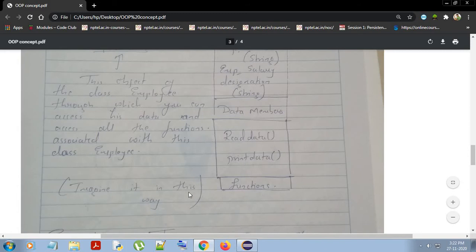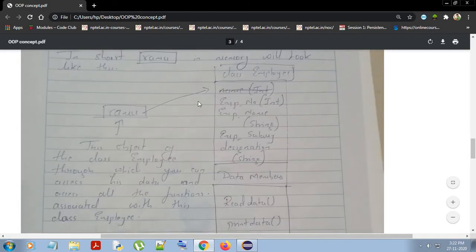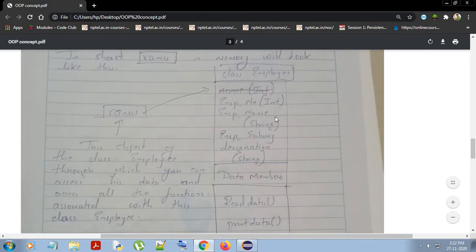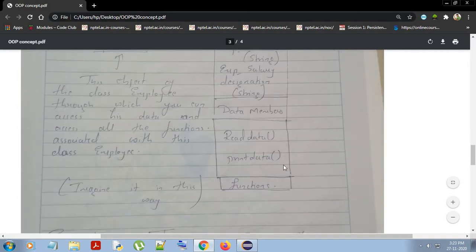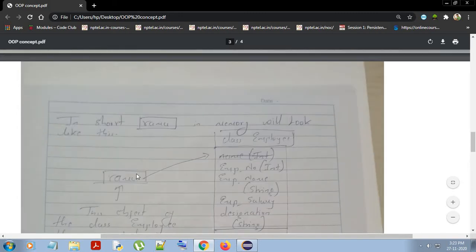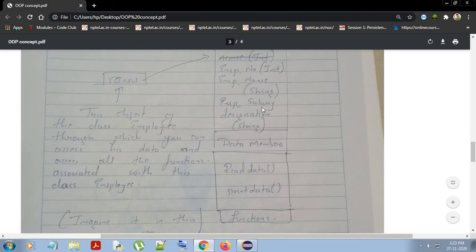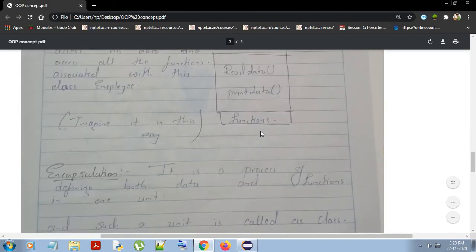So imagine it this way: Ramu is referencing or pointing to a class which has data members and functions, and through Ramu you can access them. From Ramu you can access the employee number, his name, his salary, his designation, and so on.